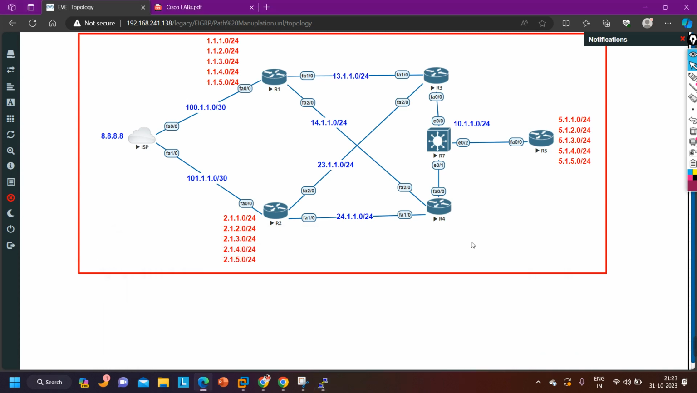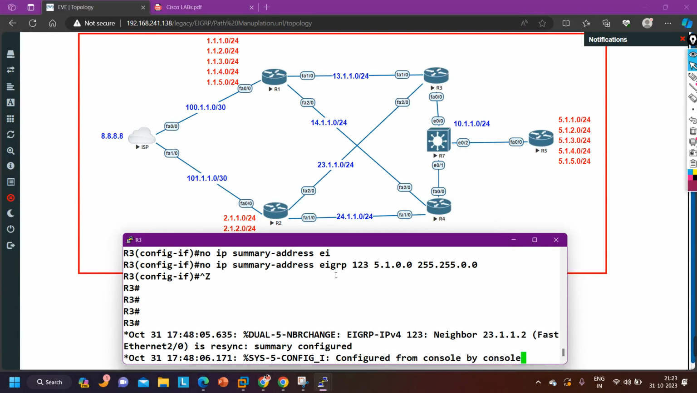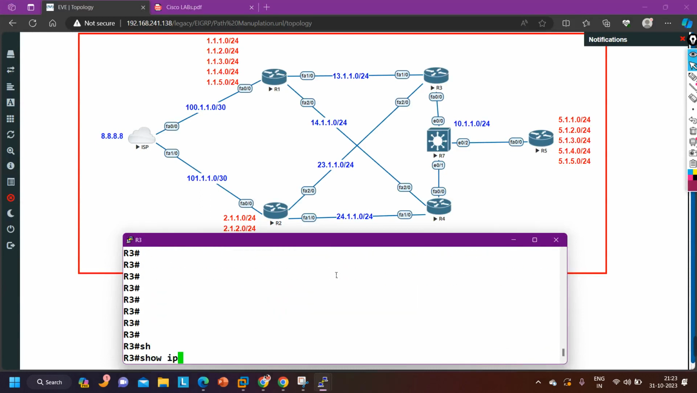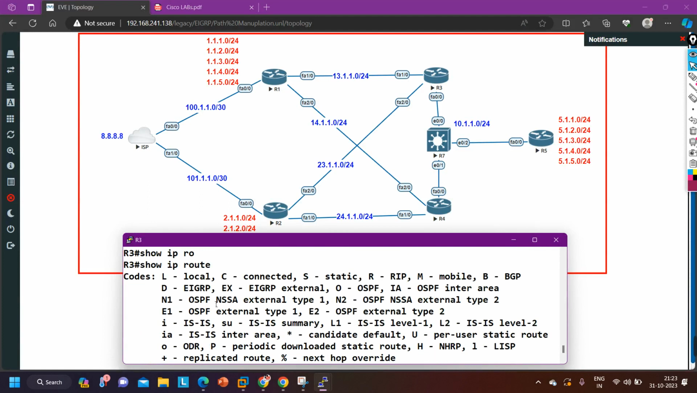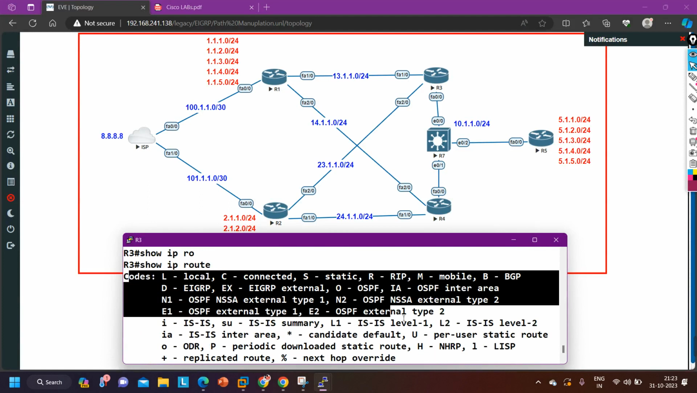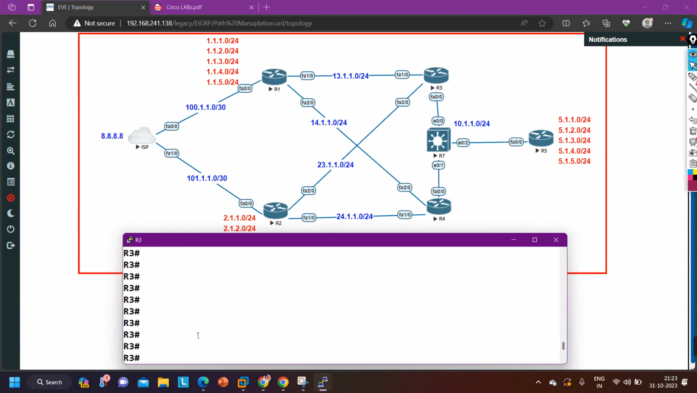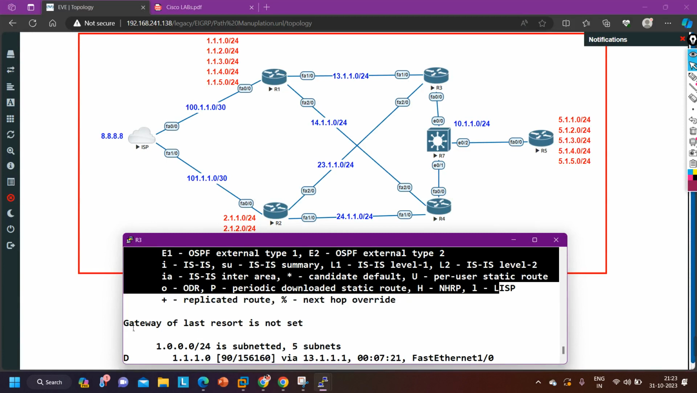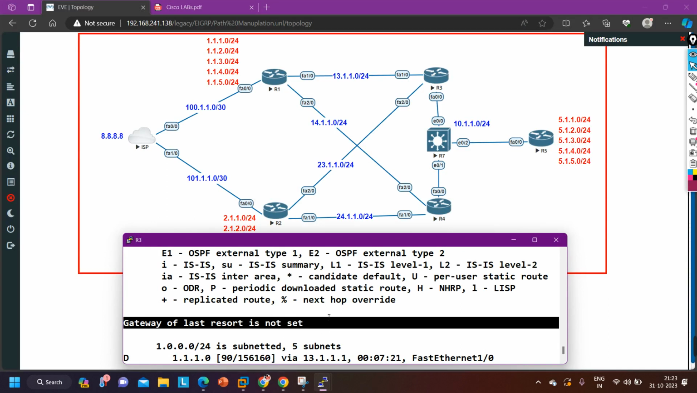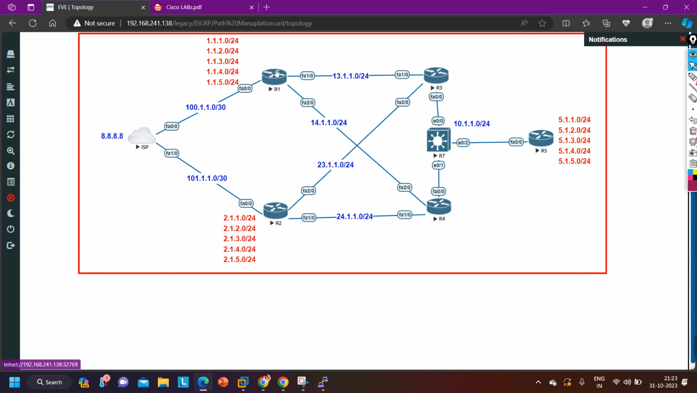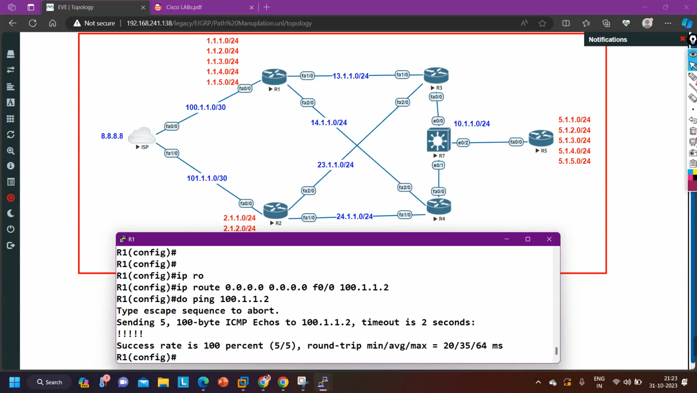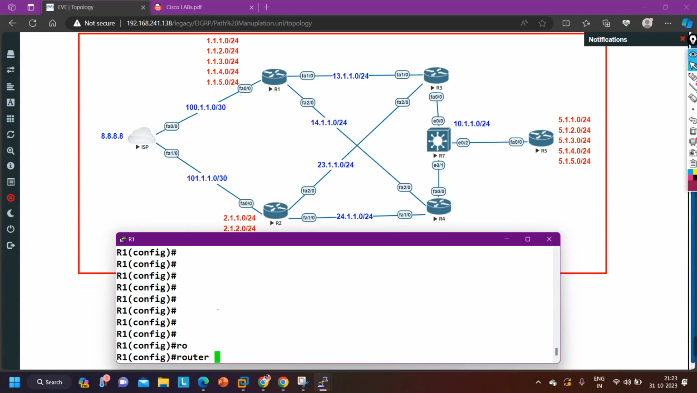Now guys, from both sides, see router 3's routing table. Show IP route: router 3 doesn't have any default route, right? So router 1 and router 2 have one default route. We are going to advertise that default route in the EIGRP domain. Here you can see the gateway of last resort is not set, so I am going to advertise the default route of router 1 in EIGRP, so that routers 3, 4 and 5 can get that default route. So simply on router number 1 you need to run this command, router EIGRP AS number 123, and